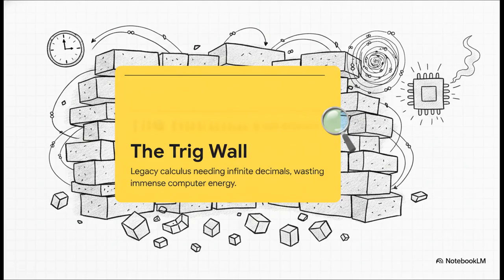And to find its origins, we actually have to go all the way back to 1614, to John Napier's discovery of logarithms. You see, Napier established this continuous point-line paradigm. Now, don't get me wrong, it was completely revolutionary at the time, but it essentially resulted in a one-dimensional topological collapse. In modern computing, this legacy continuous system forces our chips to calculate transcendental functions, things like sine and cosine,